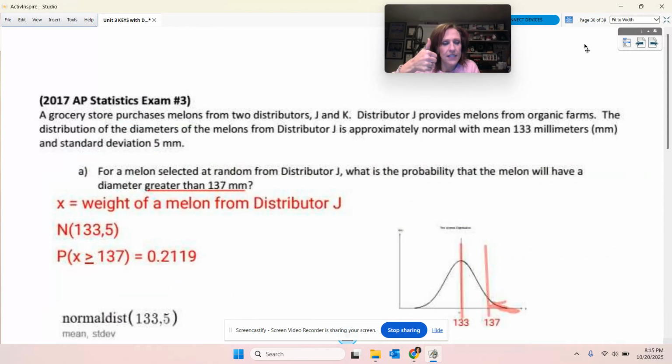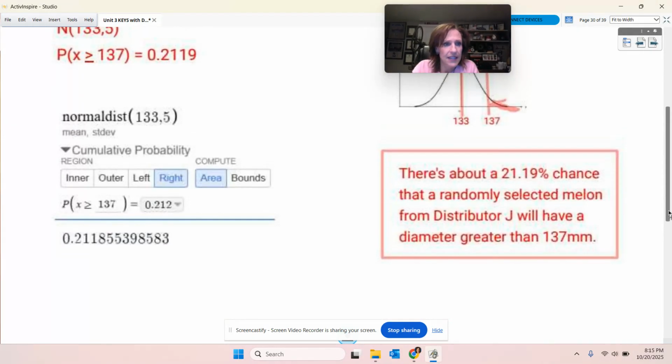What are we finding? X is the weight of the melons from distributor J. The mean of 133 and a standard deviation of 5. Find the probability that X is greater than or equal to 137, and four, draw a picture, and five, get the answer. All right, so there you have it, and there's what it looked like in your Desmos. We were finding that probability. Okay,